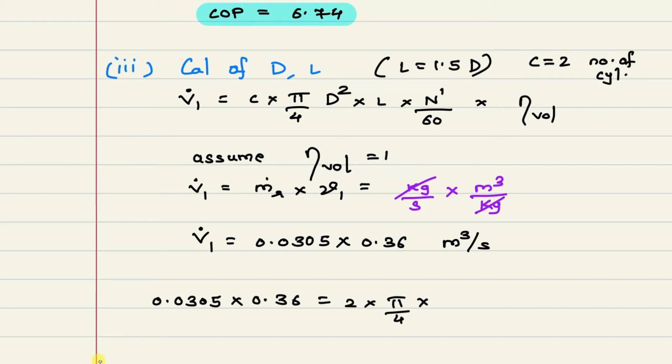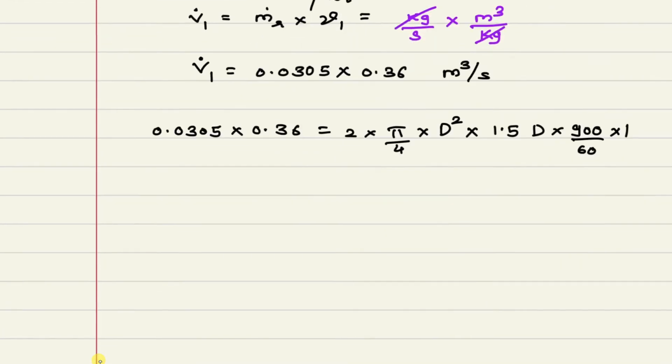Okay, 2 into pi by 4 d square into L, it is given as 1.5 d into 1.5 d into n dash. N dash is equal to n because single acting. So we are converting RPM into RPS, divided by 60, multiplied by volumetric efficiency 1. So from here we can calculate diameter